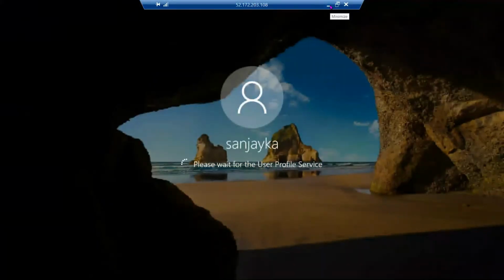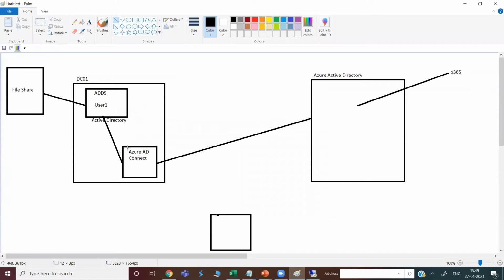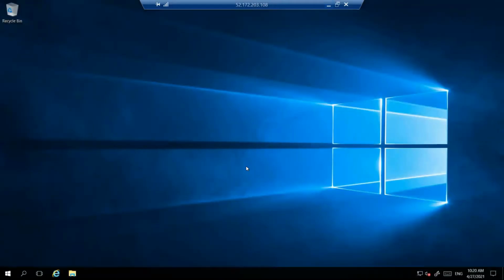Fine. So what we can do now, because in this Azure AD Connect, you can see that one end is connected to Active Directory, which is installed inside this particular virtual machine, DC01, what I have created. So I need to create this Active Directory first. Okay. So to create this Active Directory, come here, go to Server Manager.